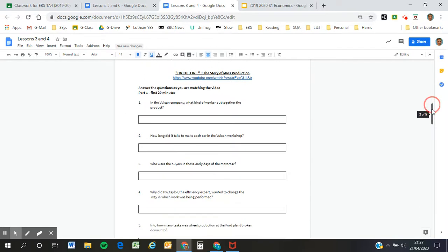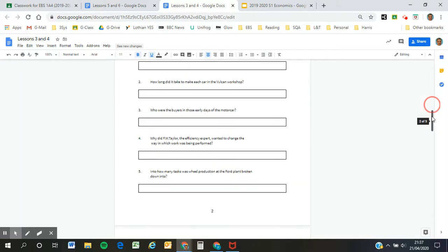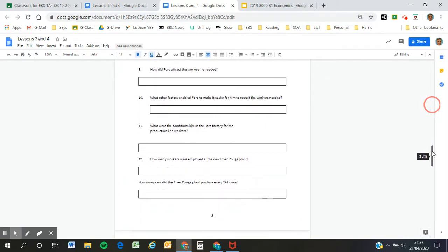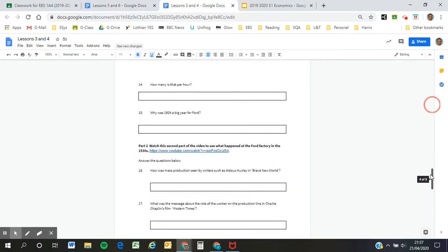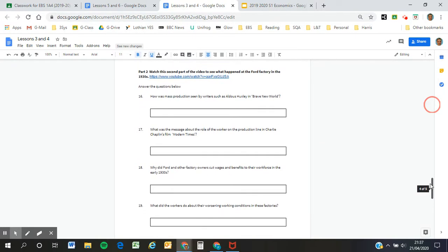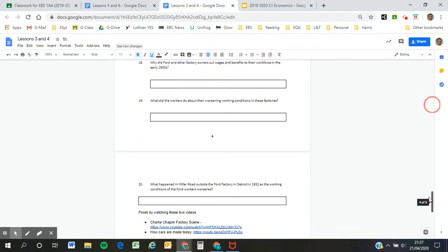So we come our way down here, we hear about Frederick Taylor, efficiency expert, and we hear all about them. So there's quite a lot of questions here. We work our way through them, just fill them in as you go along. We should be quite used to that. Now there's a second part of the movie, so this is why it takes a bit longer. Not so many questions, a little bit about Charlie Chaplin's film that I've asked you to watch. It's a bit silly, and see what it does to Charlie Chaplin.